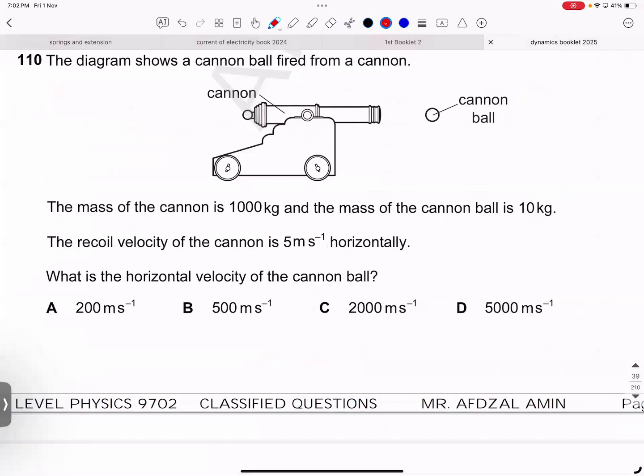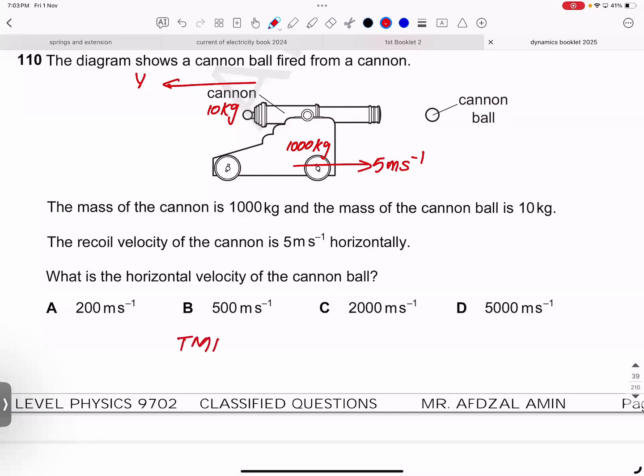Question number 110. The diagram shows a cannonball fired from a cannon. The mass of the cannon is 1,000 kilograms. The mass of the ball is 10 kilograms. The recoil velocity of the cannon, backwards, is 5 meters per second. What is the horizontal velocity of the ball? We don't know. Okay, we know that